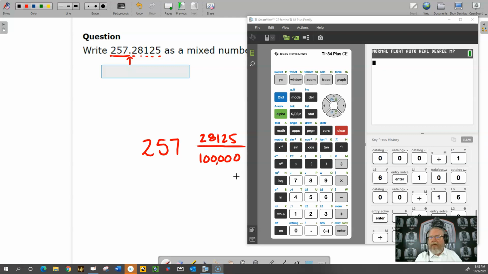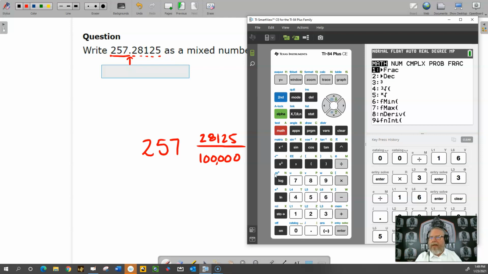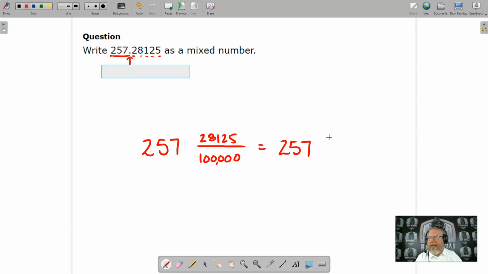So what we want to do here is to take the decimal portion, 0.28125. We want to take this number and turn it into a fraction. So let's go to the math menu, that's the word I'm looking for, and let's enter in number 1, fraction. So we're telling it to take 0.28125, turn it into a fraction. Remember, it's going to simplify it for us, and it simplifies it down to 9/32. So let's go ahead and minimize that,